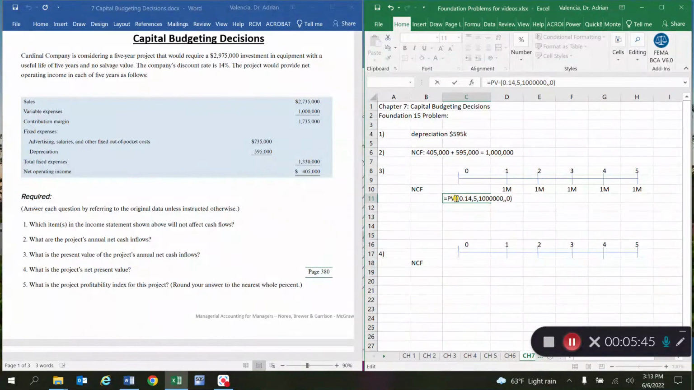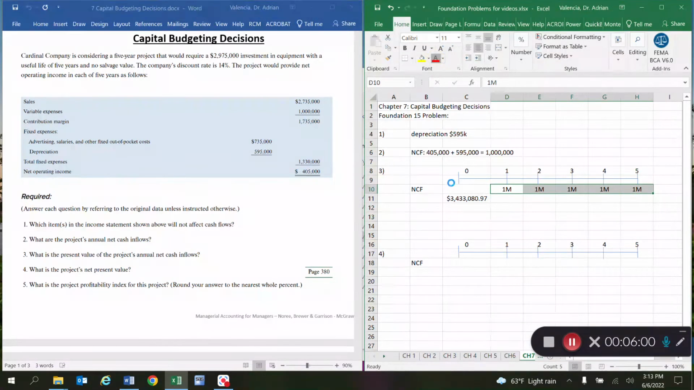Oops, maybe not. Maybe I got to add it to the front. My bad. Here. Okay. And this is useful because now when we do the net present value analysis, at least we know what the present value of these cash flows are. And that amount is 3.4 million. Okay? All right, question number 4